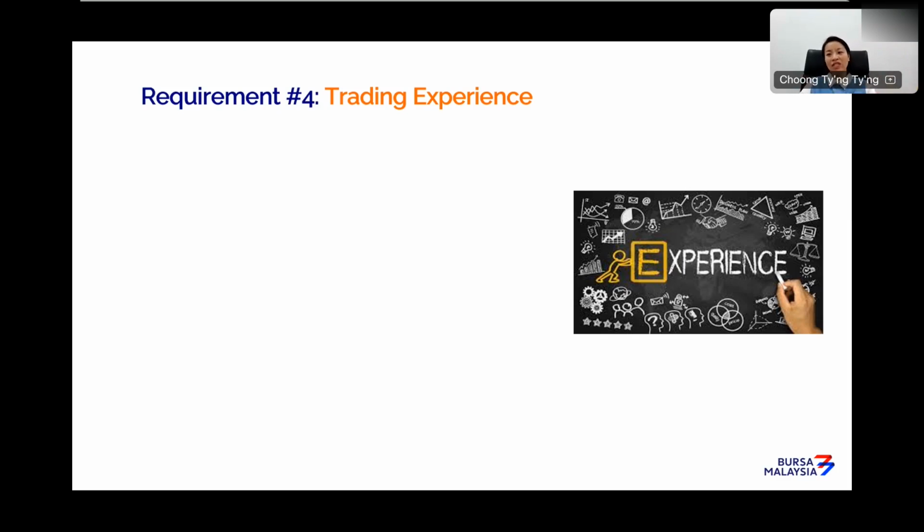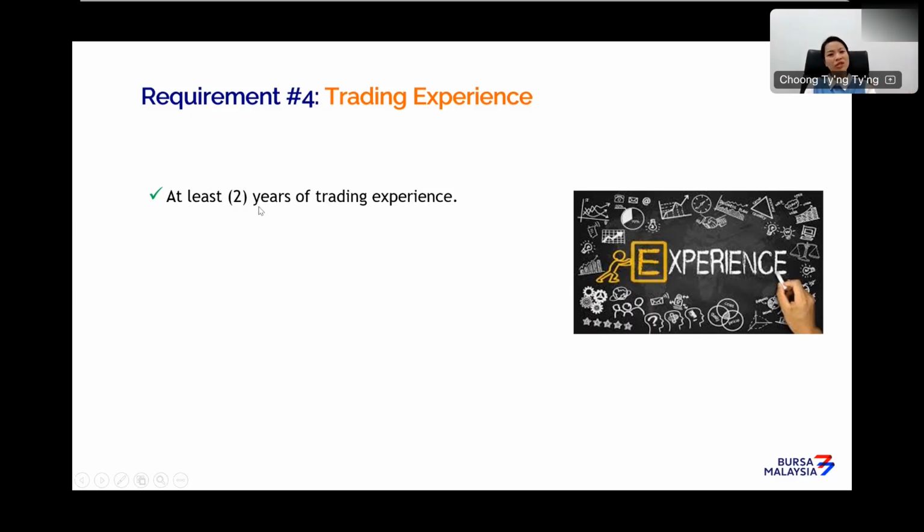So if you do not have skills, if you do not have experience, you do not know, and blindly you become a Grab driver, it is very costly. For some of them, even after one day, at the end of the day, you notice that you did not make any income from the Grab driving itself, because you're going to pay your petrol, you're going to pay your car maintenance, etc. So trading experience is a must,